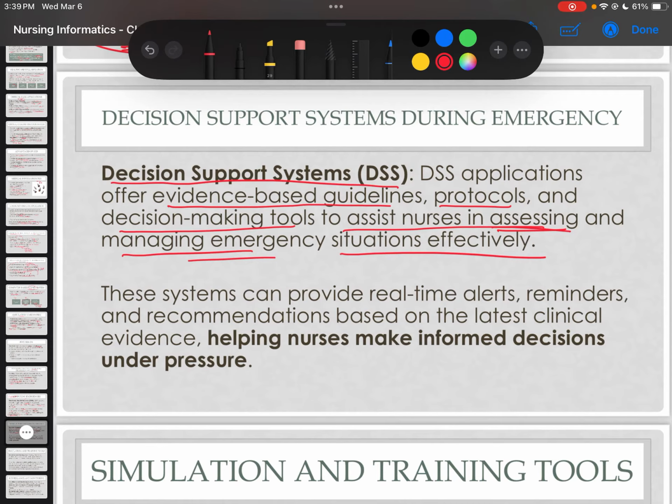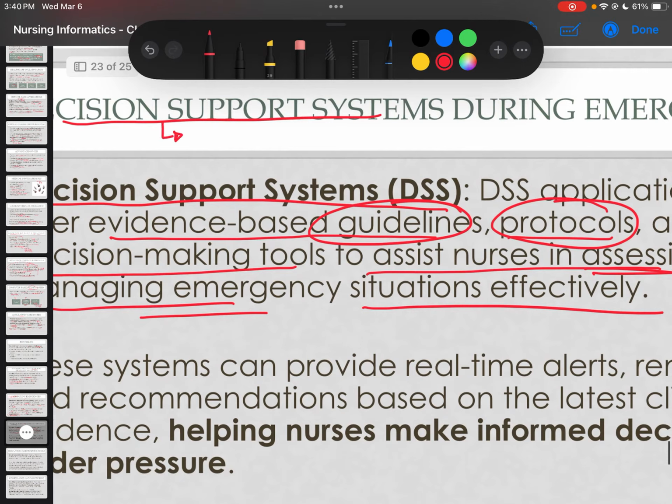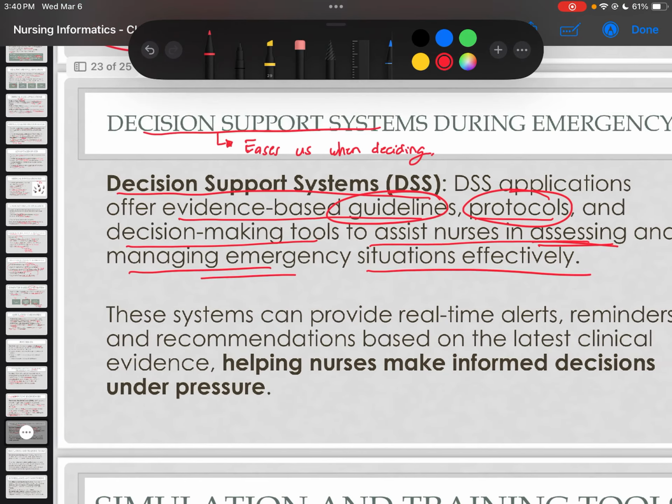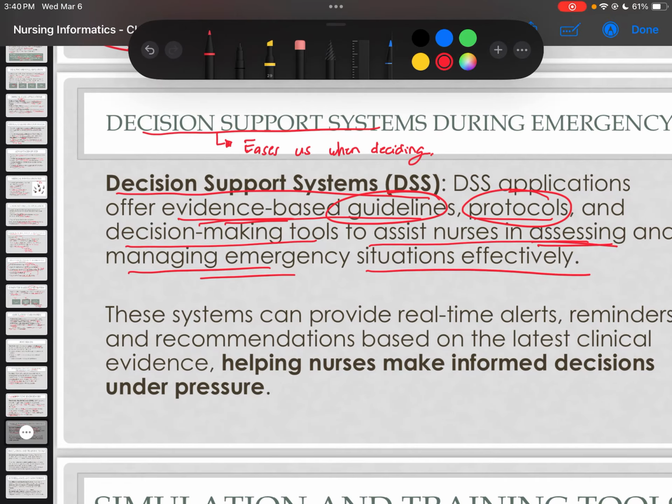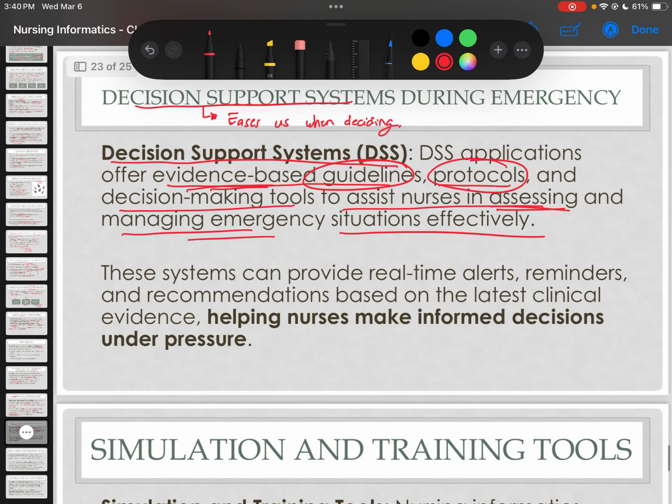That's why, most often than not, when we say ER, guys, the emergency room, there are lots of protocols. They have lots of guidelines when it comes to handling the patients. No? But because of informatics, we have what we call our decision support system. This eases us when deciding, okay? Because it gives us options on what actions to do that are evidence-based, okay? Evidence-based, no? These systems provide real-time alerts, reminders, and recommendations based on the latest clinical evidence, helping nurses make informed